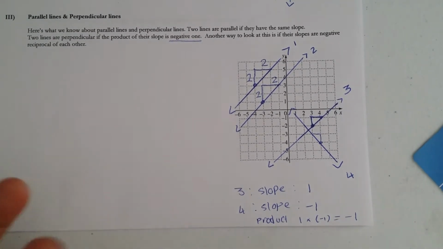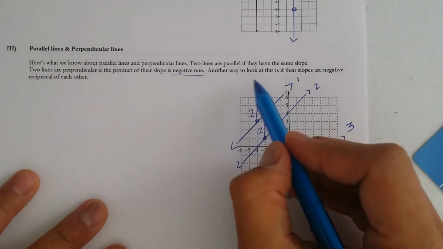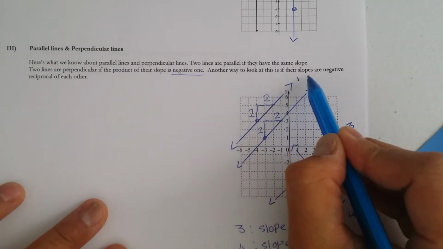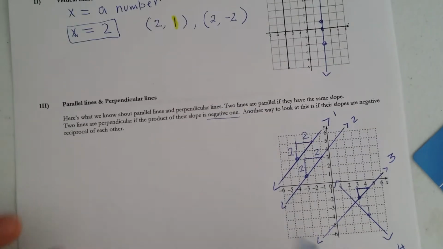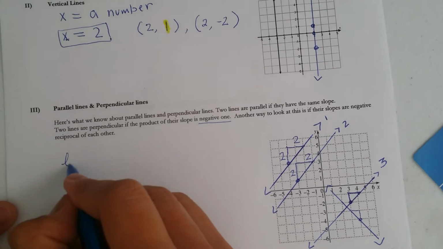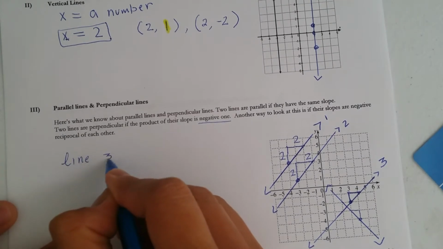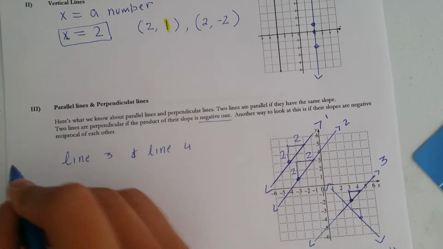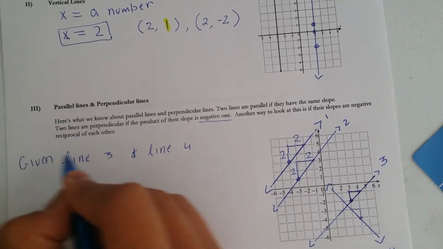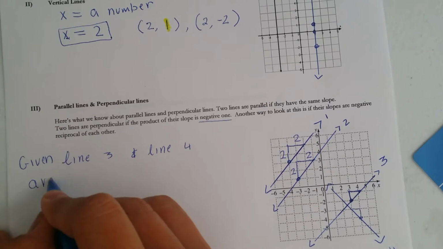And that's one way to check to see whether or not two lines are parallel. Okay. Well, another way to check is with perpendicular lines: their slopes are negative reciprocals of each other. So for example, say given that line 3 and line 4 are perpendicular,